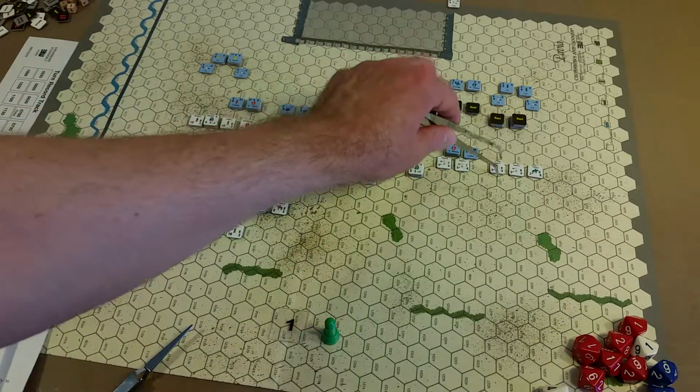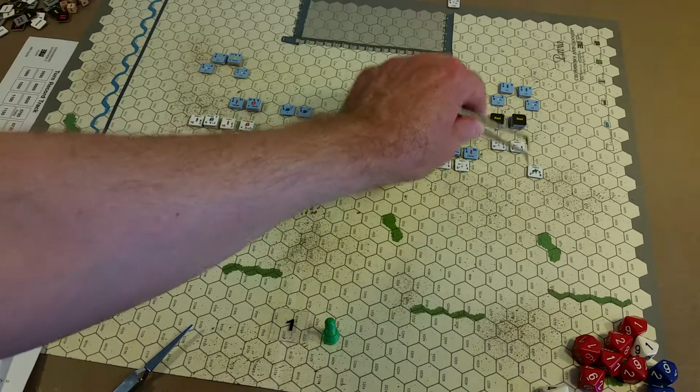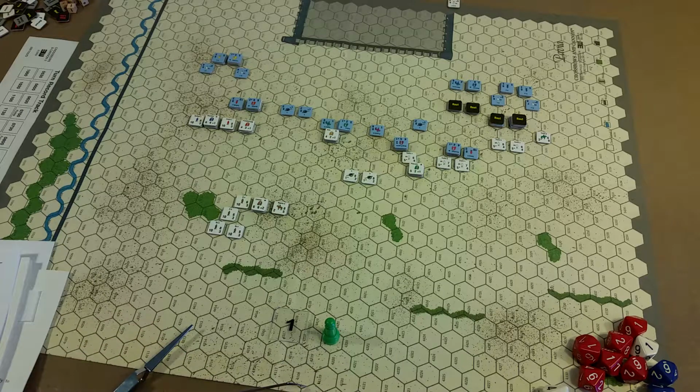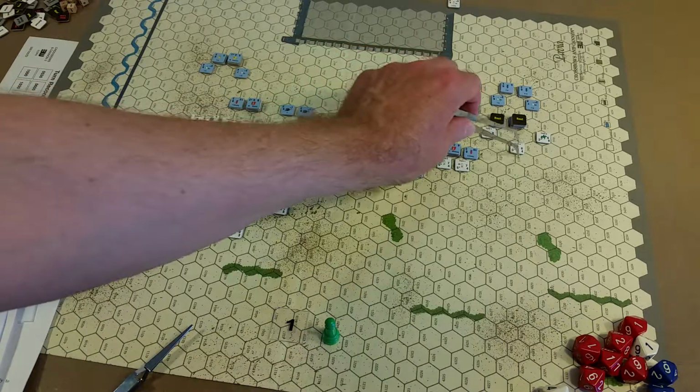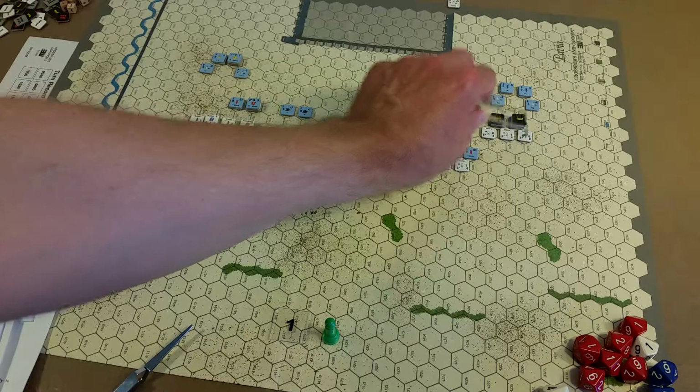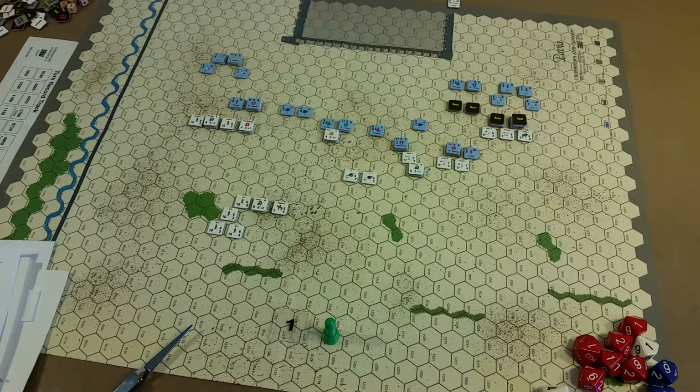Skirmishers can't move into zones of control. 1, 2, 1, 2, 1, 2, 3. Actually, the routed units don't have zones of control. So isn't that interesting? They don't have zones of control. So that means that skirmishers may not enter an enemy combat unit zone of control. It's not adjacency, it's zone of control, and under zones of control,